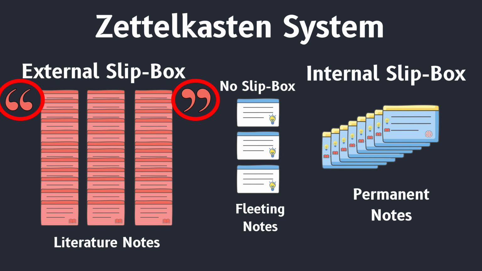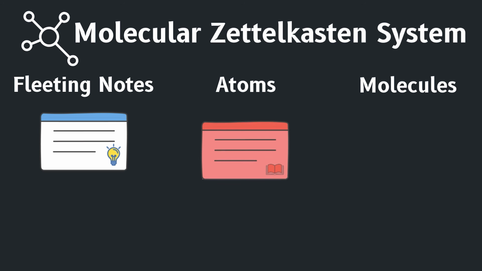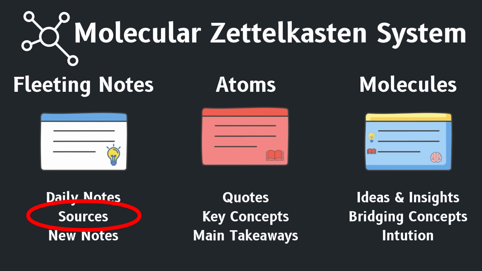You then have some kind of reference manager for citations to keep track of the literature notes and the sources and link them together. A digital system also enables fleeting notes to be put in sources because we're dealing with the abundant world of the digital realm, but I'll get into more of that later.